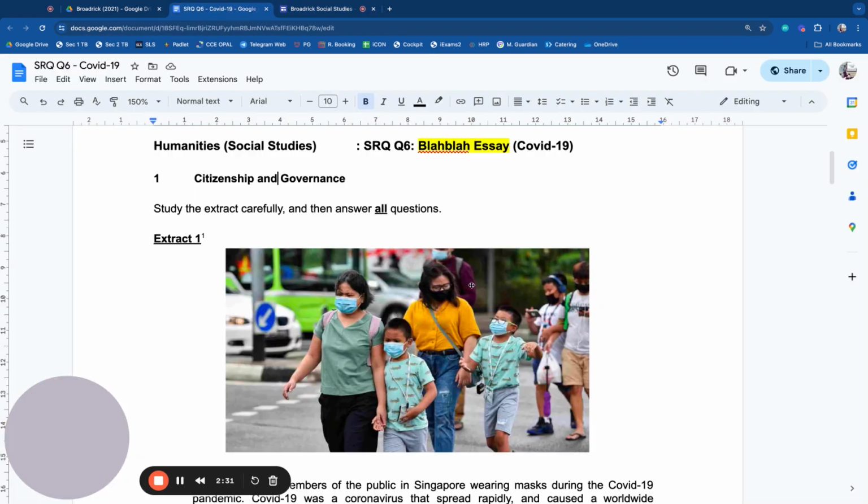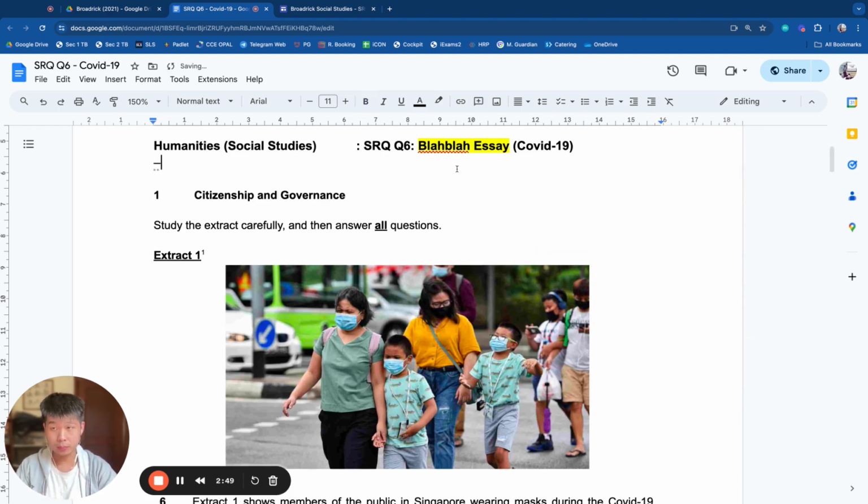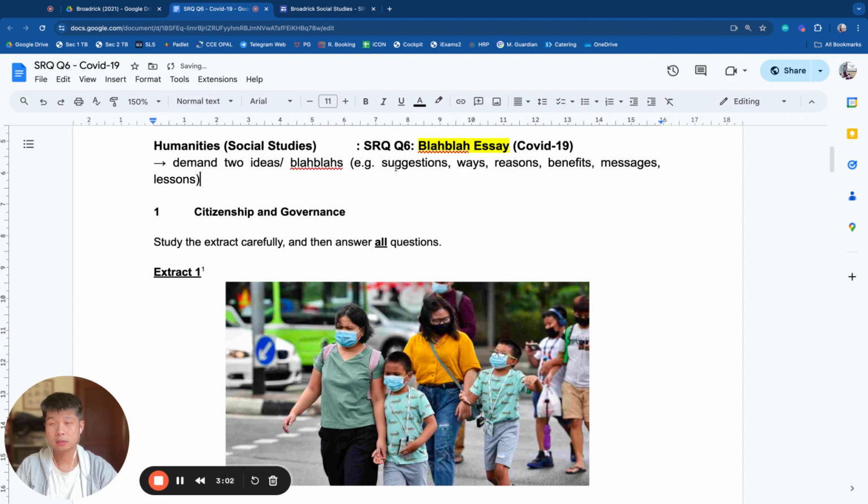So, since this question is so broad and unpredictable, right? The only way for us to become skillful at responding to this question is to understand its demands and do some practice. So let's just write down the blah blah essay, right? Will demand two ideas or two blah blahs. So it could be suggestions, ways, reasons, benefits, messages, lessons, and